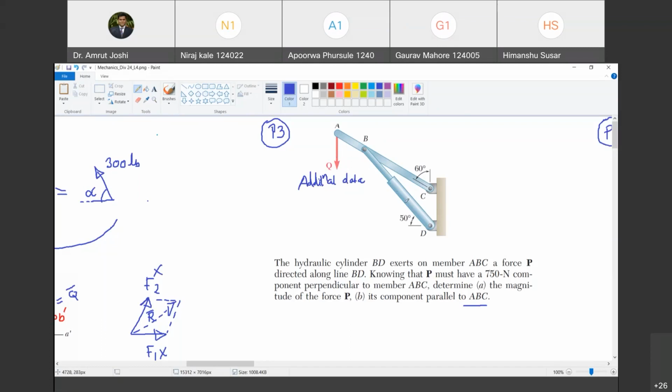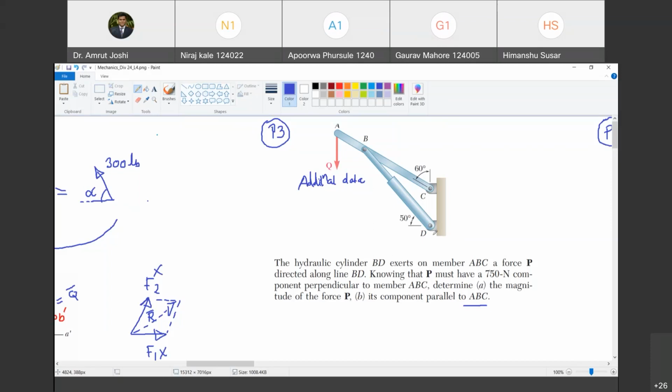Now, problem solving is one thing, but you should also read between the lines. Now, tell me, where have you seen this kind of system? Doors. Seen the door stoppers? Yes, doors. Door stopper. So that precisely is this system. And the hydraulic cylinder BD is the element that provides slow closing of the door once it is open, and automatic closing of the door once it is open. Are you with me?